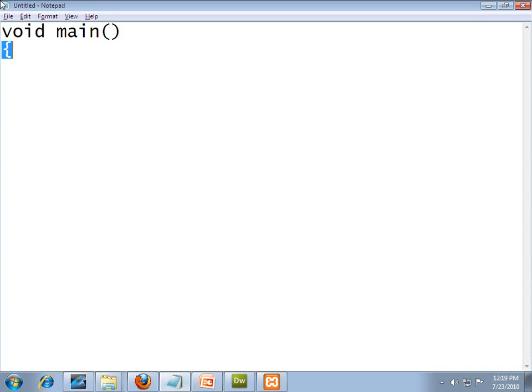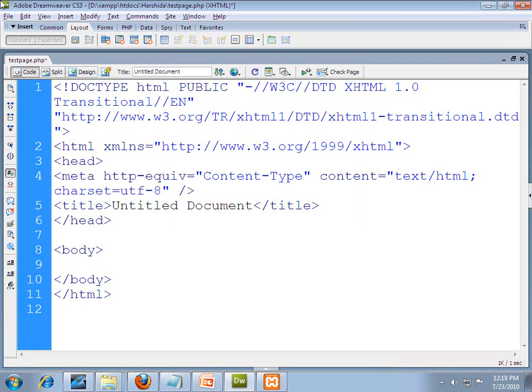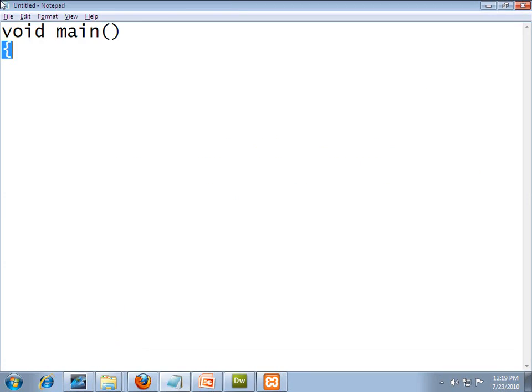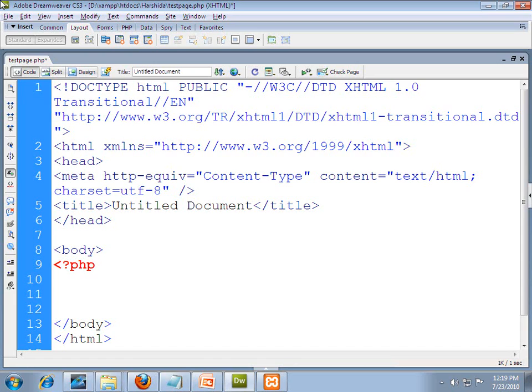In the same way, in PHP we use less than, question mark, and then php as our opening. In C we use a closing bracket to close our program; in PHP we use a question mark and greater than sign. So these are our opening and closing concepts.